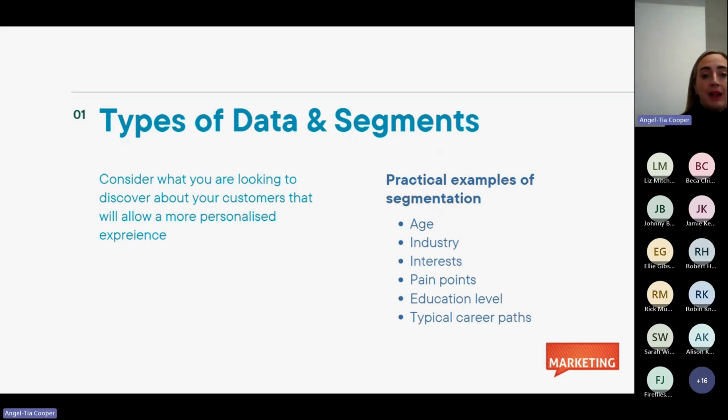So it's just about thinking about who it is that you're going to talk to and what things they would find interesting. So you can start to think about how you can segment. But the key there as well is how relevant it is to you. You need to think about what your clients are looking for and what your clients may be interested in.